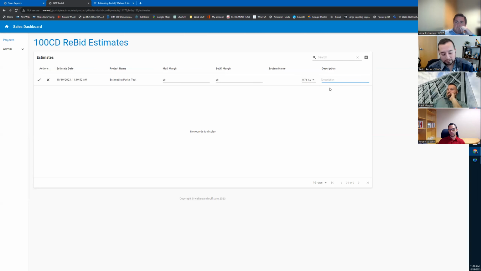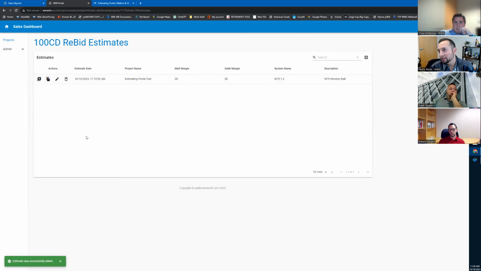And I'm going to call this the W75 window wall. And I'm going to hit the check mark over here on the left-hand side. That creates the estimate. So I think this is a good point to talk about how we would work with